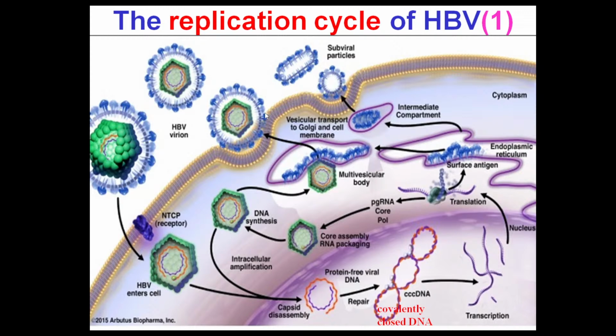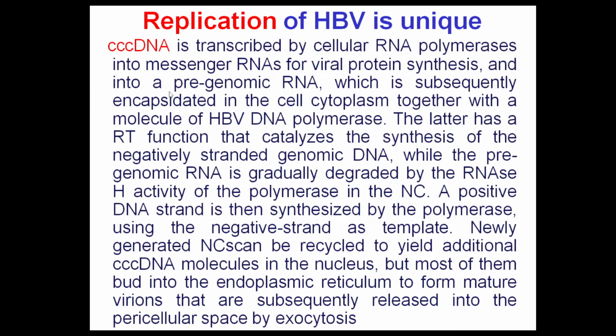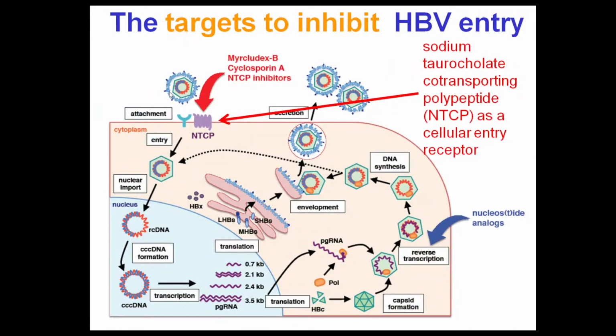So when the Dane particles start to be released, the production of the second, positive-sense DNA molecule will be stopped immediately. So that's why usually there will not be enough time to build up the complete positive-sense DNA strand. So that's why when viruses are released, the positive strand is usually incomplete. So we've got a partially double-stranded DNA molecule. That is the short description of the